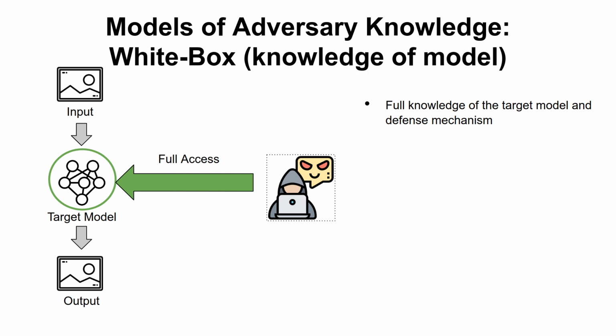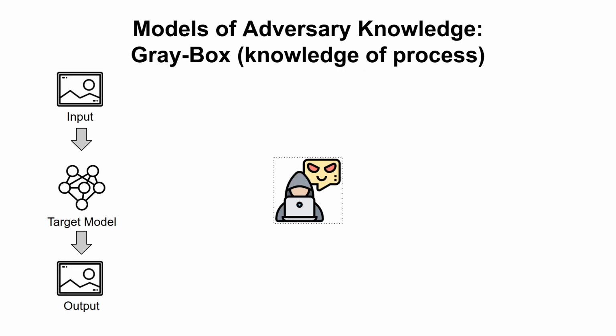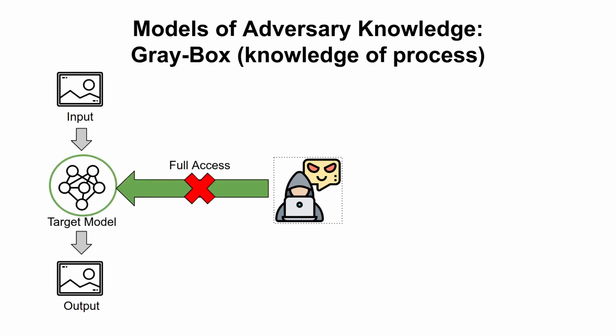To evaluate the resilience of the targeted model, we can measure how easily we can generate an adversarial example. Also, we can first make a prediction on a benign image, then add some human invisible noise to the benign image, and then measure how likely the prediction output does not change. We call such a measurement model stability. In the gray box setting, the adversary does not have full access to the targeted model.